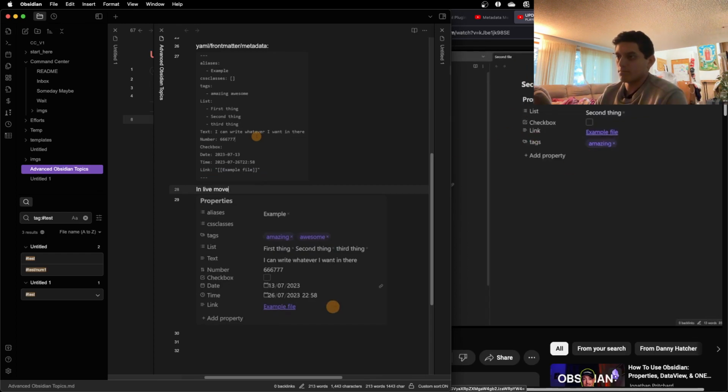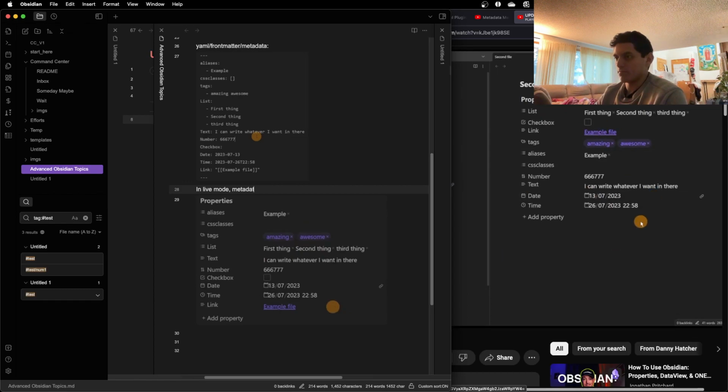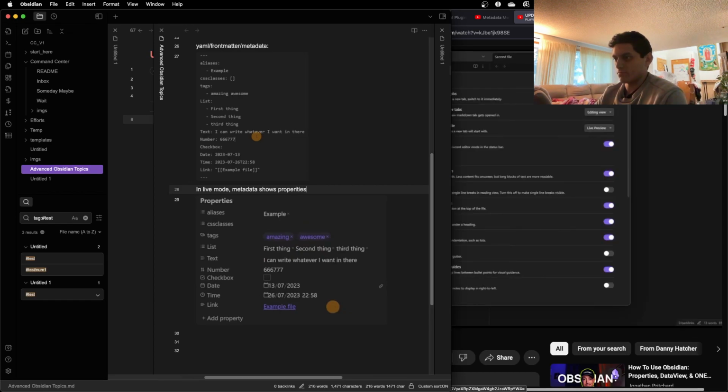If I open up a second file and hold shift and select all of them, I can then copy, so Control C, I come over here, Control V, it then pastes all of that property information into the file. It's so nice. And if I go to the editor tab, you can see there's actually another button,